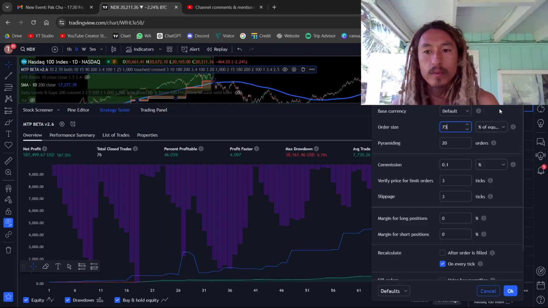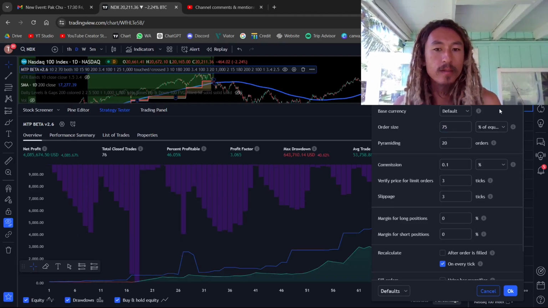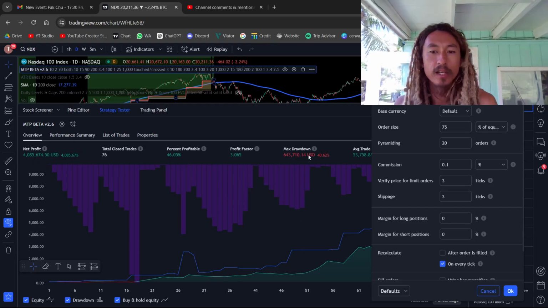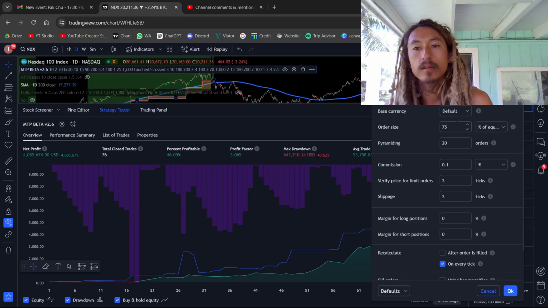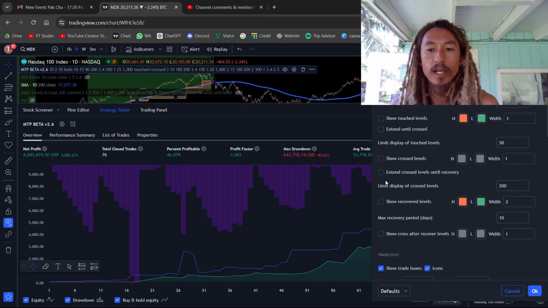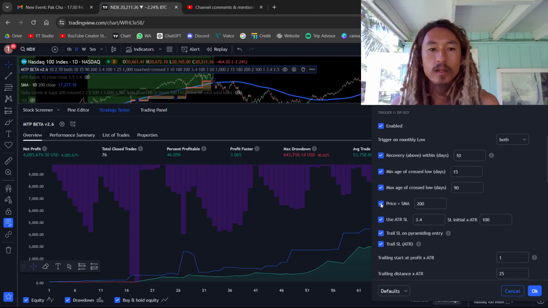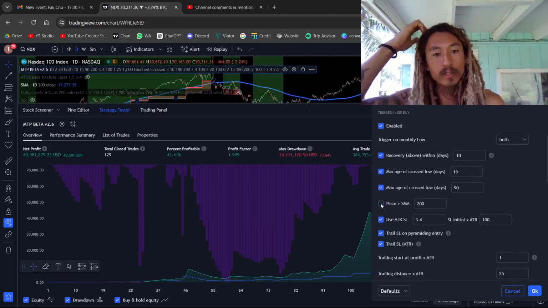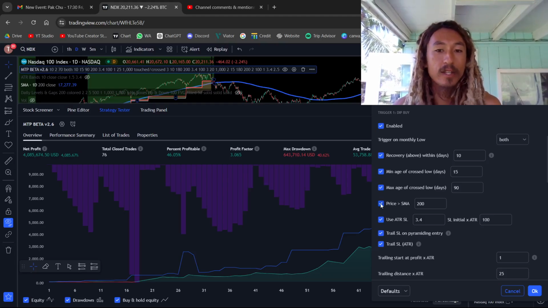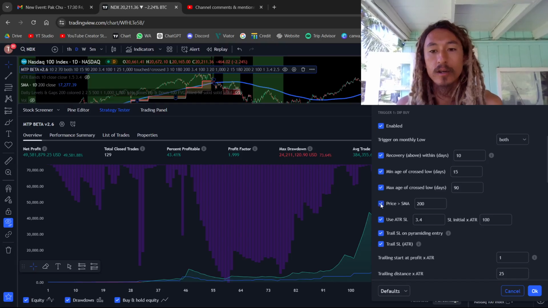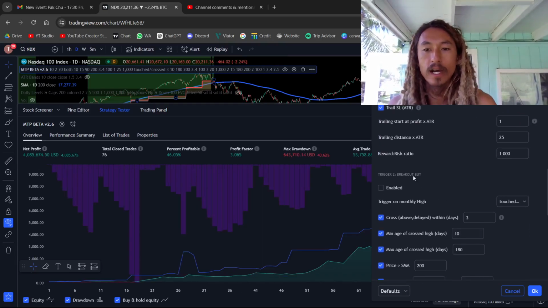Turn this back up. 40%. Yeah, it made a difference. It didn't make as much of a difference. So we went from 3,000 to 4,000% return. And then our win percentage, with it on, is 46%, drops to 43%. And our profit factor is 3 instead of 2. So it matters. It's not quite as loud as